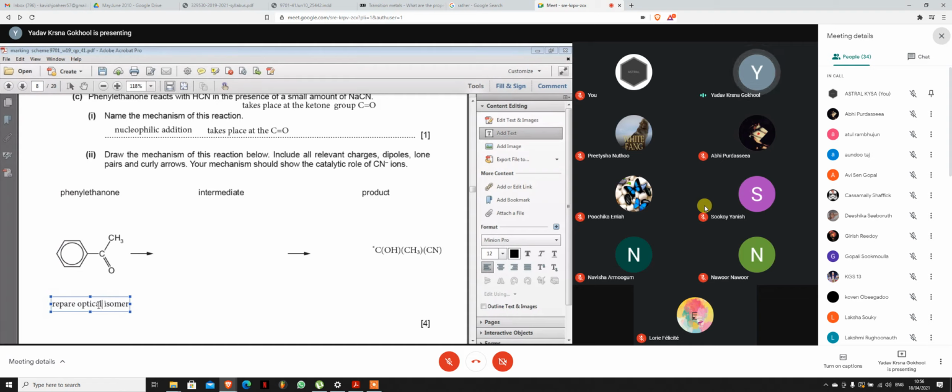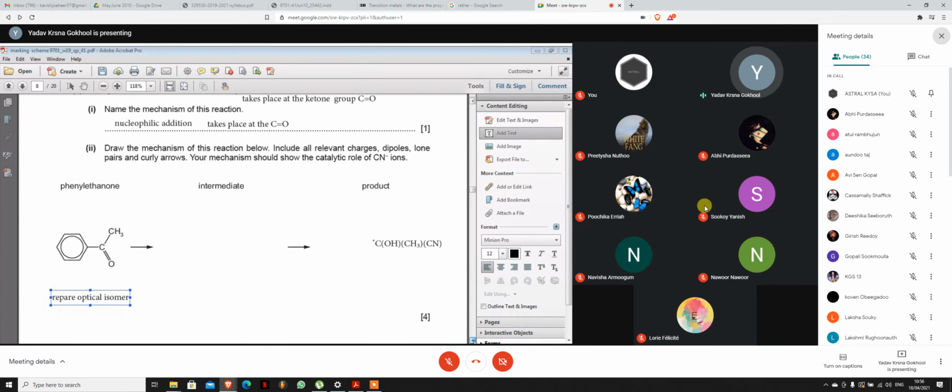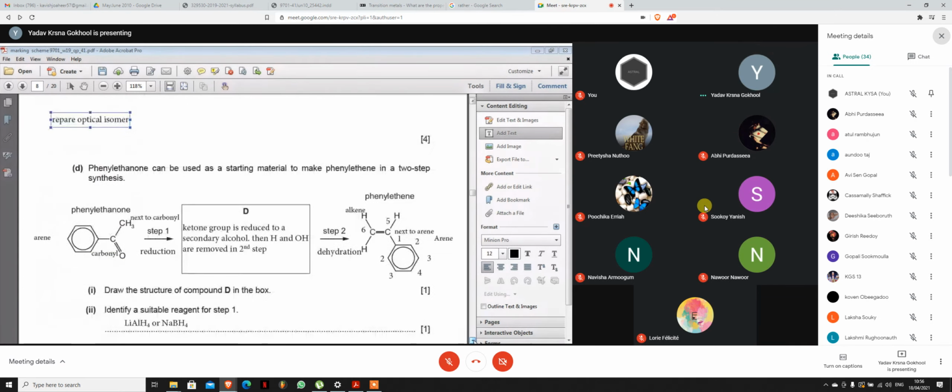So I can see the C and the CH3. We are adding the CN. Double bond O will become OH. Yeah. So you have a carbon which is chiral. Okay. Now here again